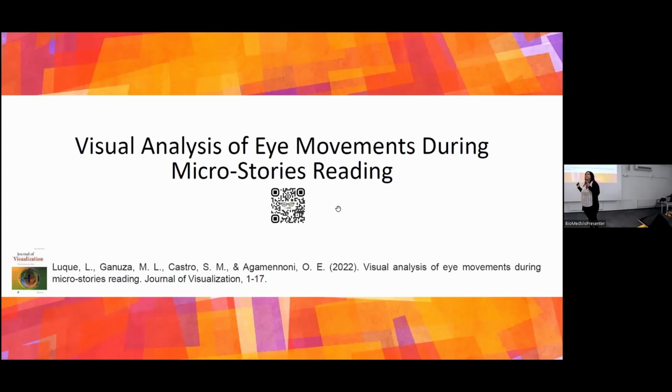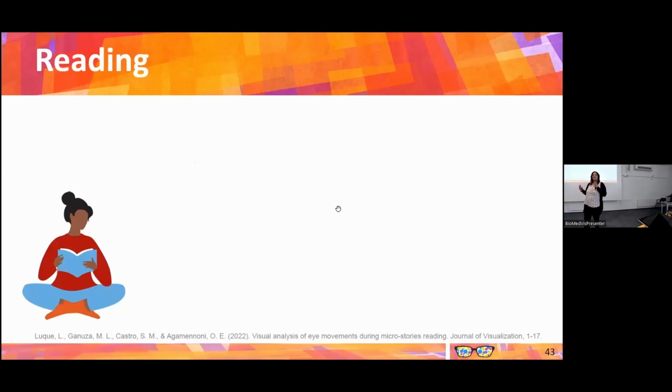The thing is, we are interested in analyzing how people read. Why? Because reading is a really complex task and gives you a lot of information about the cognitive process.